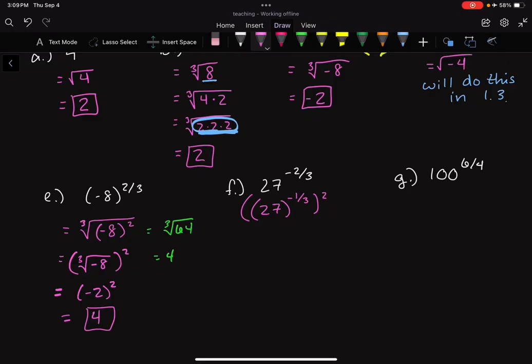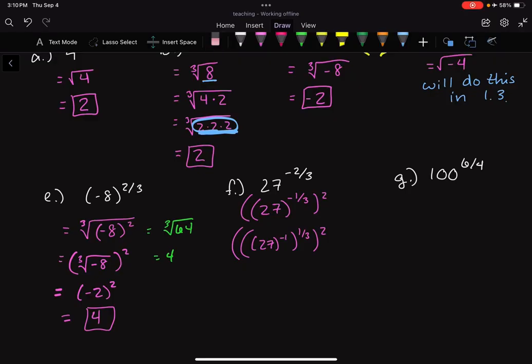squared. Now I don't know if that intimidates you, seeing it separate like that. But you can always break these up. So you could do 27 to the -1 to the 1/3 squared. We can break it up really far and kind of piece it together. That might look a little confusing to you, so I don't always do that, but